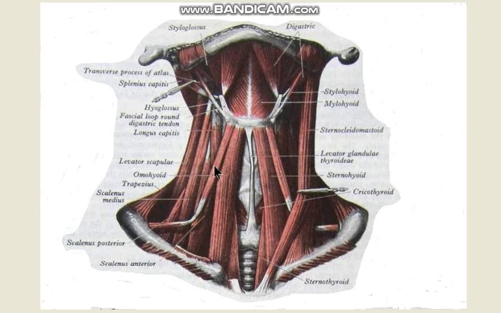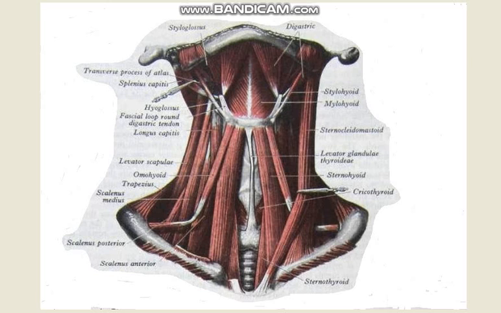You can see the superior belly of the omohyoid, and you can see the sternohyoid over here. And another thing is that you can make out that this structure, a fibrous band going up from the thyroid cartilage to the hyoid bone, occasionally attached, is called the levator glandulae thyroideae. And again from the hyoid going up you can make out the mylohyoid, and you can make out the pulley of the digastric and the stylohyoid muscles.